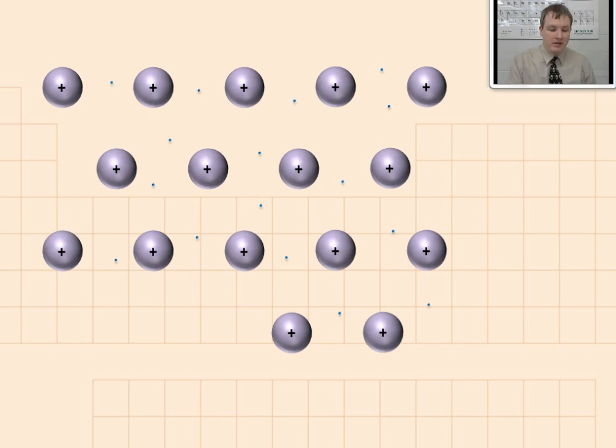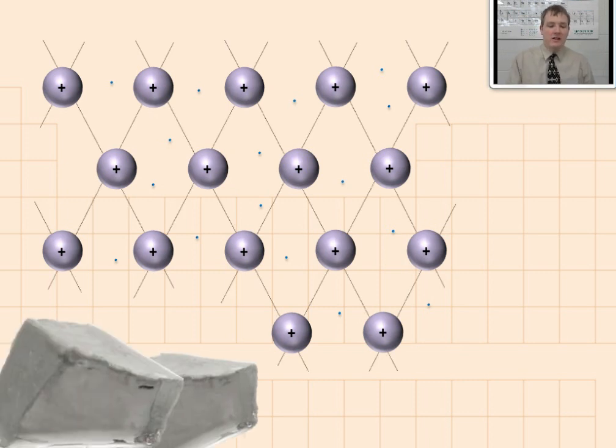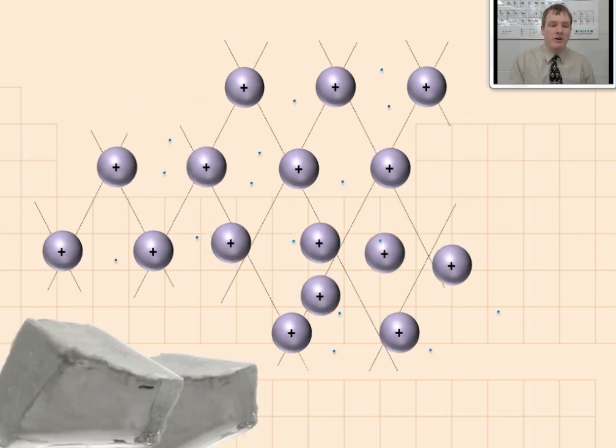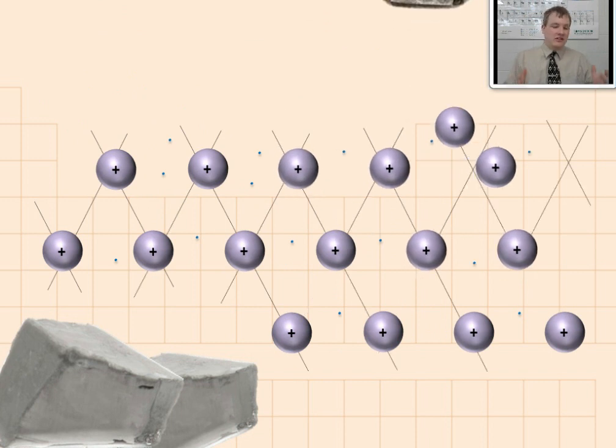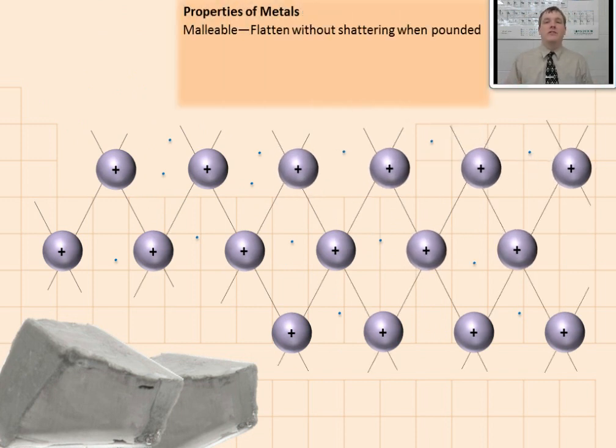For example, if you were to take a metal and pound on it with a hammer, you would find that these positive cores are able to move fairly easily within the sea of electrons. They just move to a new spot and rearrange themselves to evenly spread out within the sea, and they make a newly shaped crystal. We call that malleability, the ability to pound metals into a new shape, especially into flat